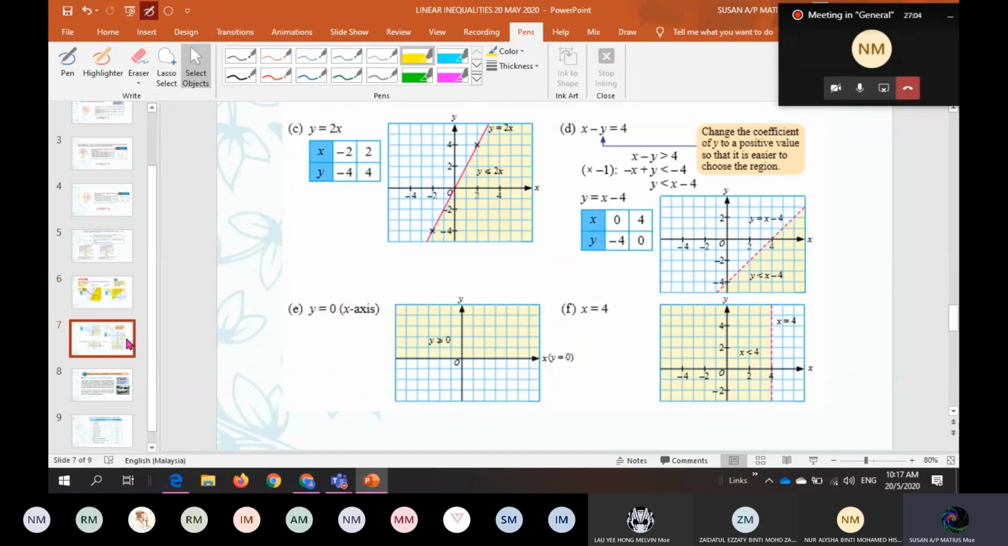The same thing goes for my slide 7. Slide 7 is the extension of example 6. So let's move on, guys. I'm going to move on to